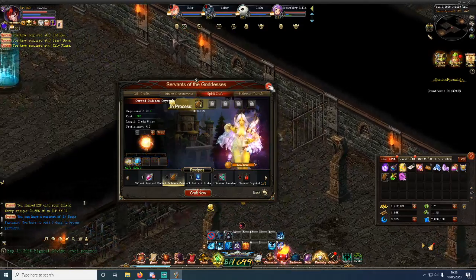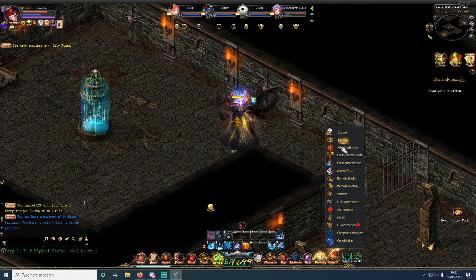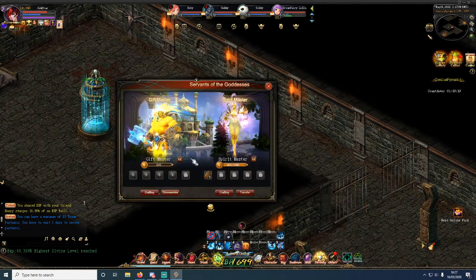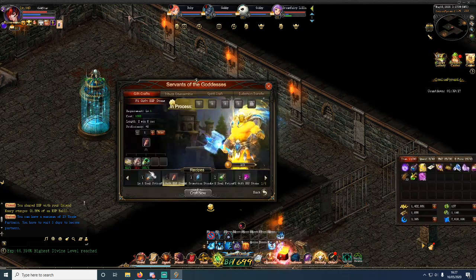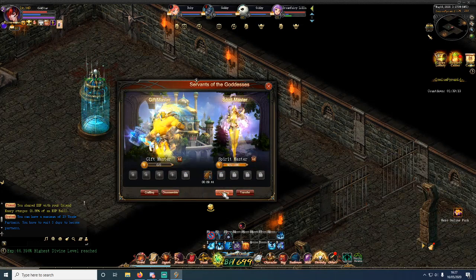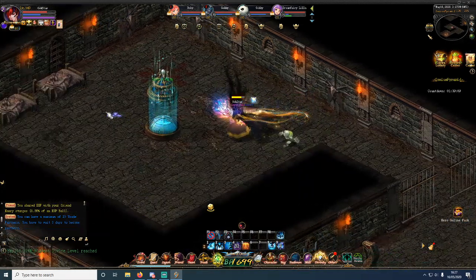Cool. So the last part would be how to acquire the core part of the servant, and that would be these, the sealed relic seals, and when we go back, the sealed beast crystals. So I'll show you the easiest way to get them